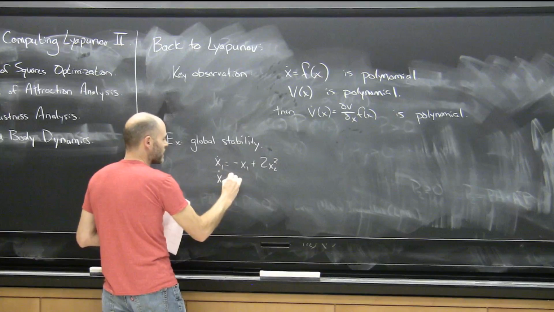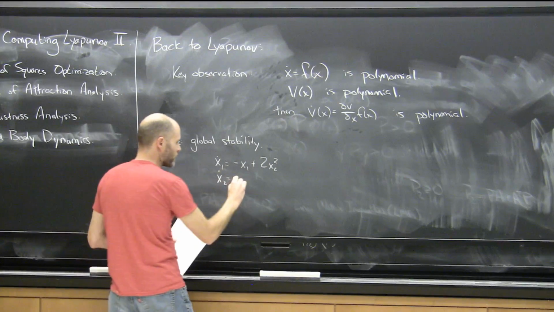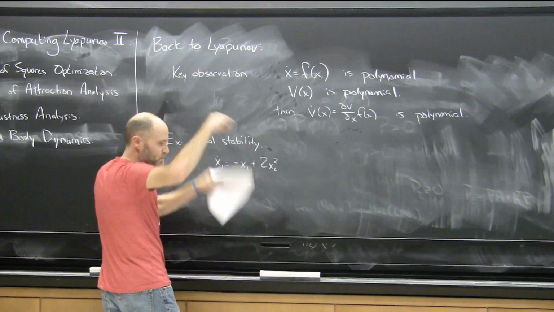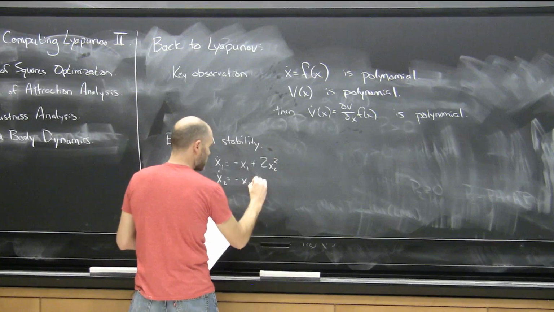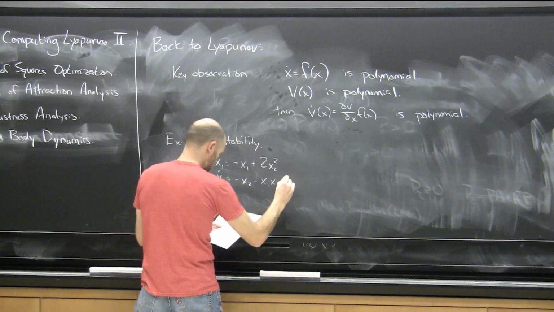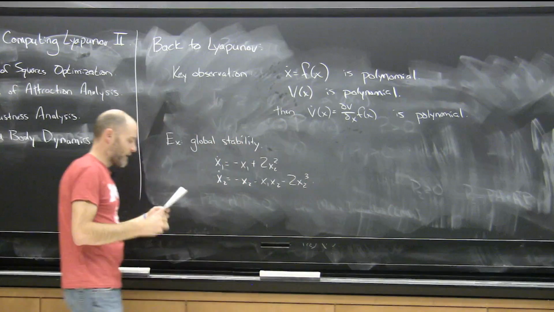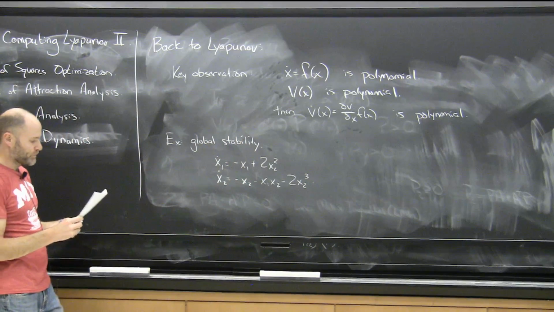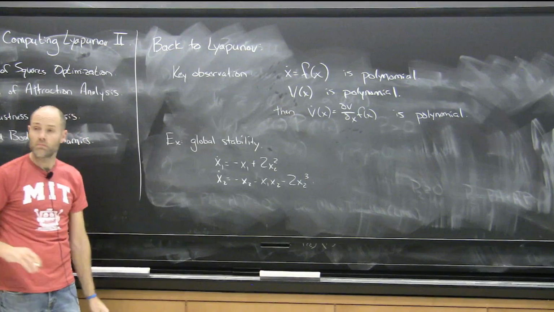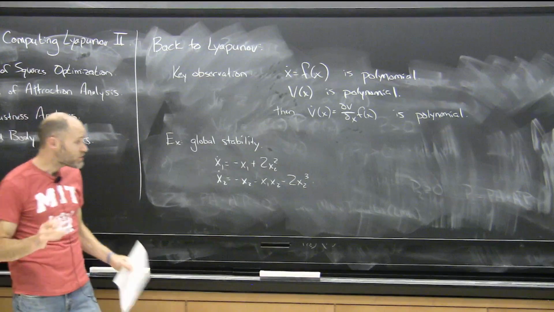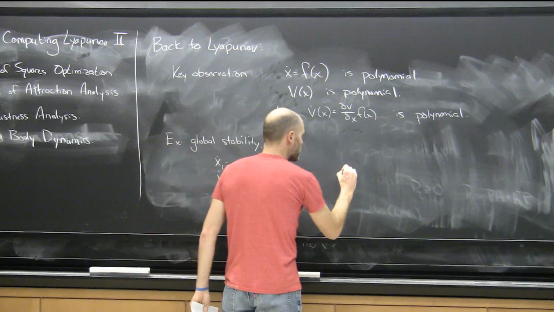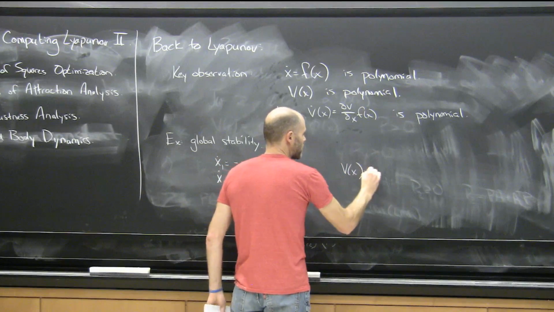Here's a polynomial dynamical system. It's a non-trivial one. If I were to plot the vector field, you'd see things spinning all over the place. I should have done that, but I forgot to. Okay, it turns out we know that there's a Lyapunov function